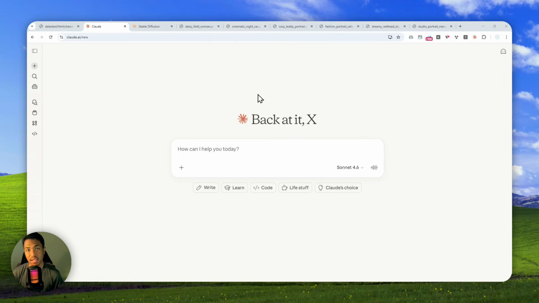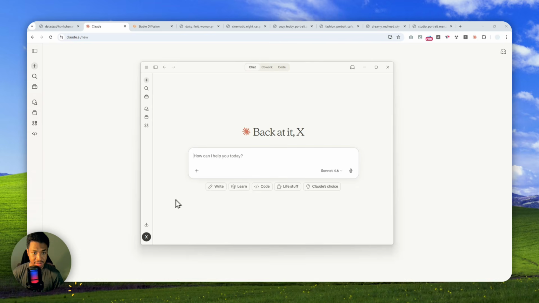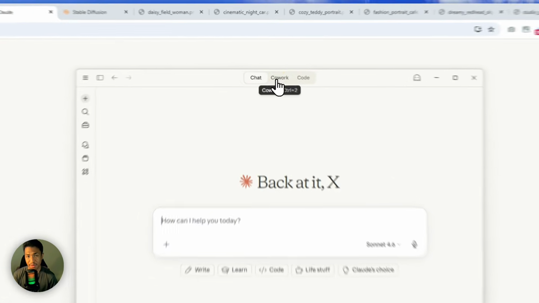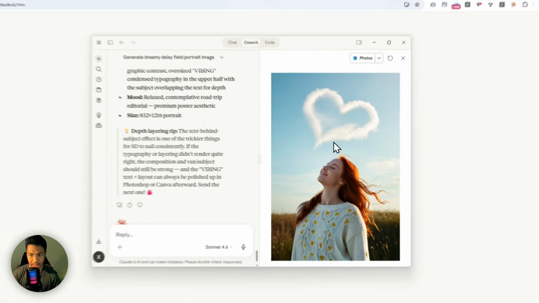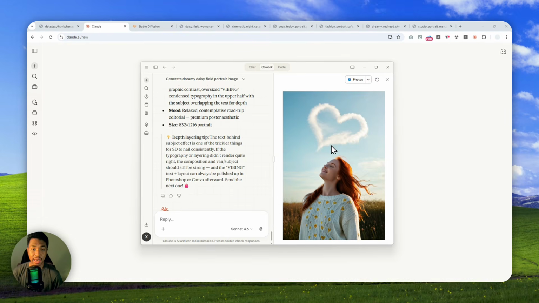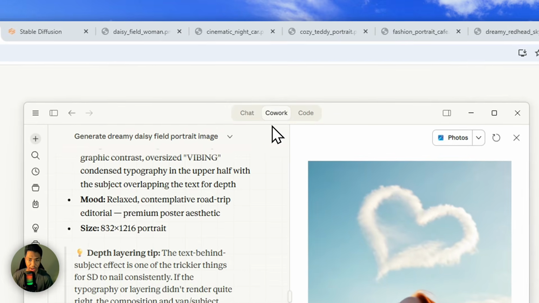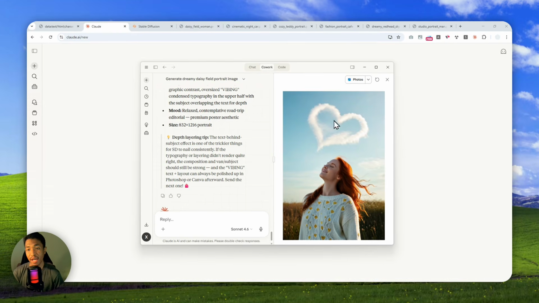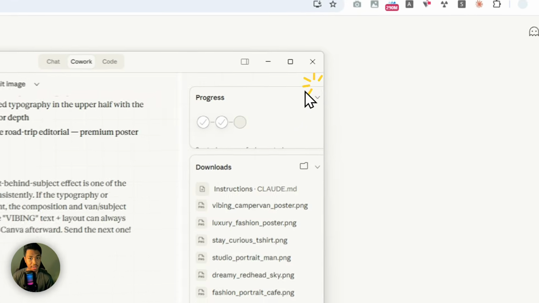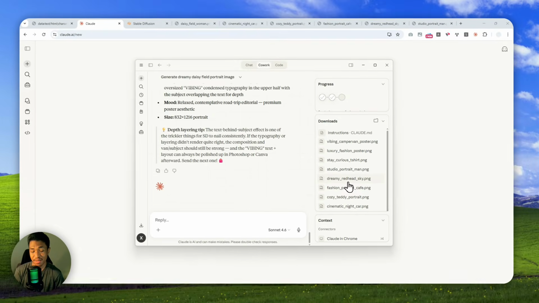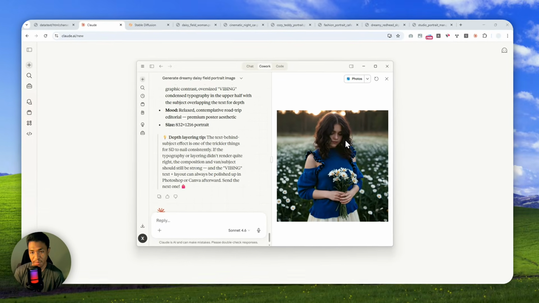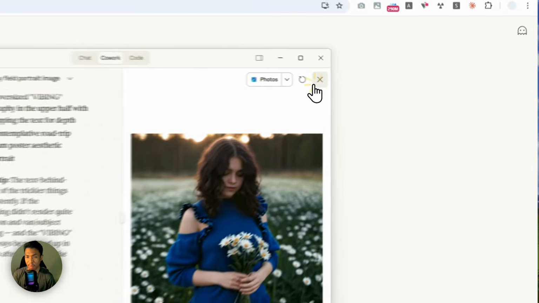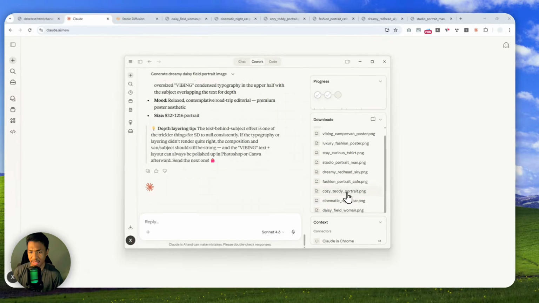Okay, so this is Claude AI, and this is their desktop app version of Claude AI, and they have a new feature called Cowork. This is a picture that I just created with the help of Claude Cowork. Now, obviously, Claude doesn't have an in-house AI model for image generation, and as far as I know, they don't have any plan to build their own AI image model, but it is quite possible to essentially hook up